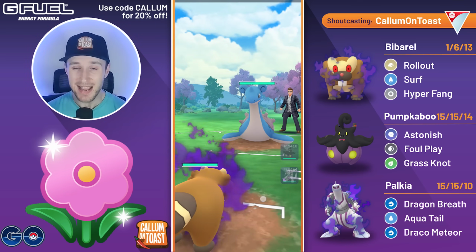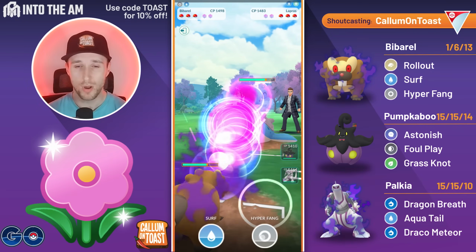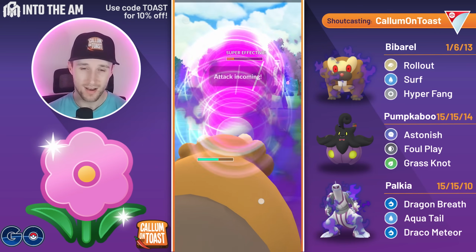So, GG to opponent there into next battle, another Lapras in the lead. So once again, going to play out this lead matchup here, expecting the opponent will eventually swap out of this matchup, but no, they don't. They're going to stay in with the Lapras. I'm going for the Hyper Fang,